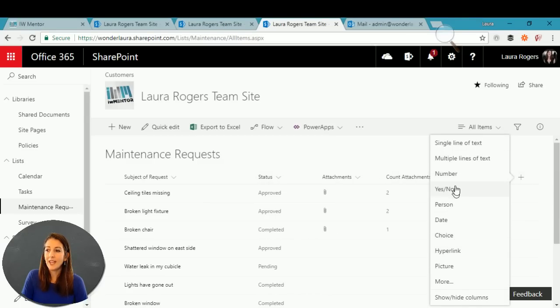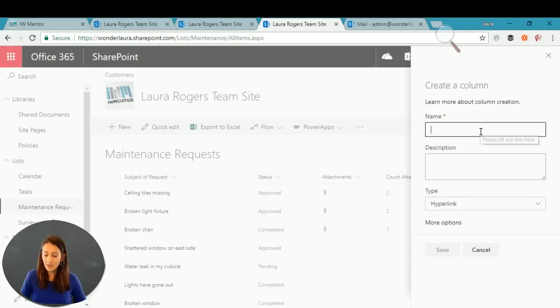Do you notice they added a bunch of new options here? It used to just have a handful of options where you're adding a new column, and it used to say just more for everything except for like 3 things. Anyway, hyperlink,